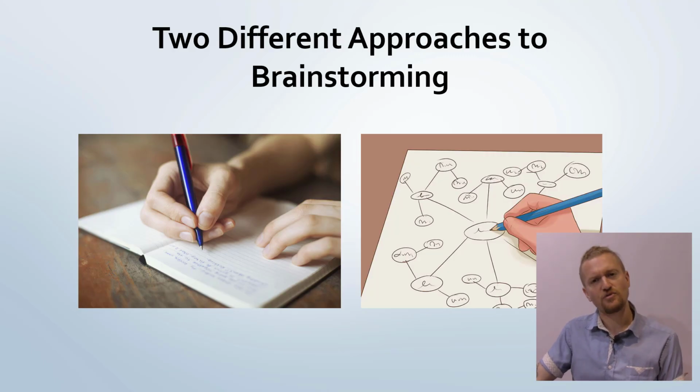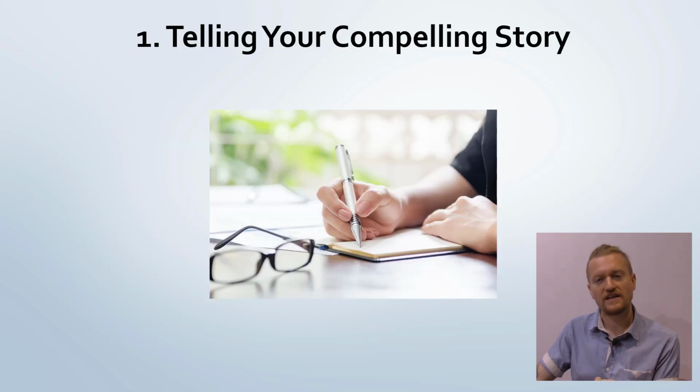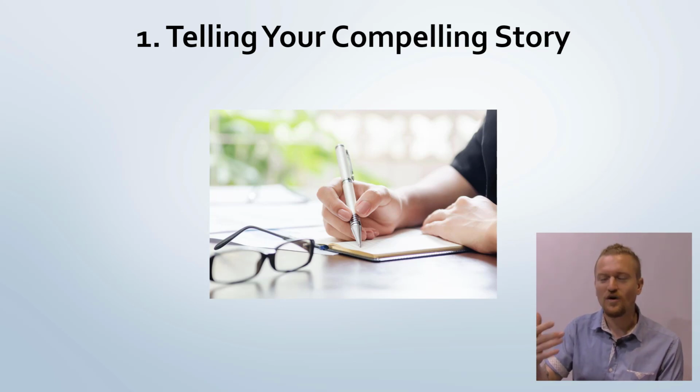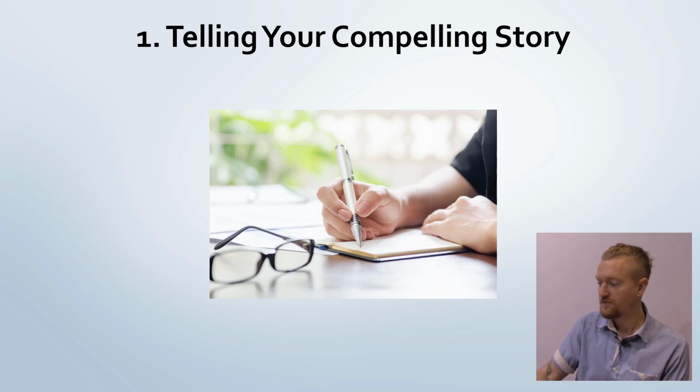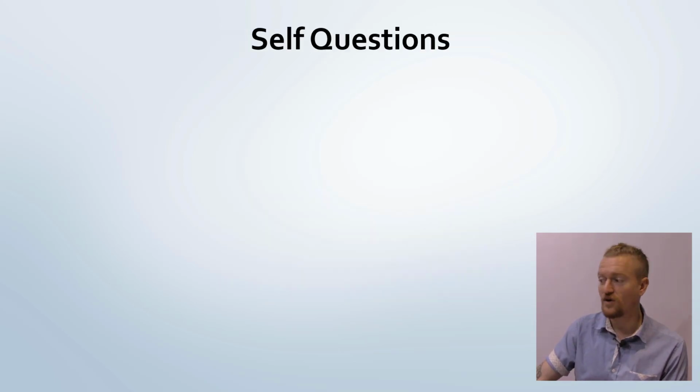First, there are 2 different approaches to brainstorming, but with this essay, because there's so many prompts, just choosing the right prompt is sort of a task in and of itself. So the first way we'll look at is how to tell your compelling story. If there's anything in your life that you think of immediately that you want to write about, this might be your first option. Maybe something that sticks out in your mind, an event from your past or a part of your background. So let's ask yourself some questions first.